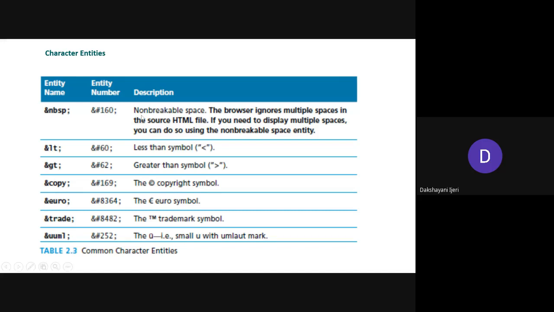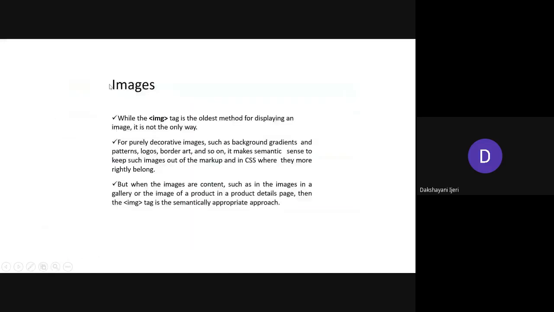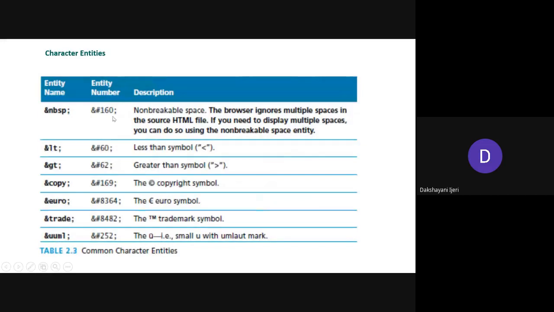In that case, if you genuinely want all the multiple spaces to be used as you have provided, you can use this entity. Either you can use the entity name, or if you remember the entity number, NBSP, either you can use this name or you can use ampersand hash 160 semicolon.